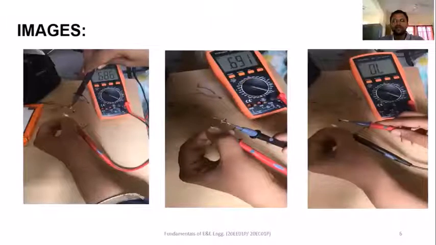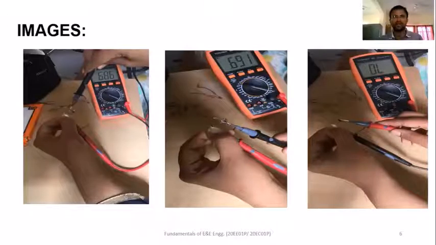These are the images which I obtained when I demonstrated the experiment. However, I'll be showing the practical construction and the results in the coming part, but these are just the images. What I've used is an NPN transistor, that is BC107. In the first image, you can see that I have connected the positive and negative terminals to the digital multimeter, with the positive terminal on the base and the negative terminal on the emitter. The value obtained is 0.686. You must get around 0.7 volts if it is a silicon based diode.